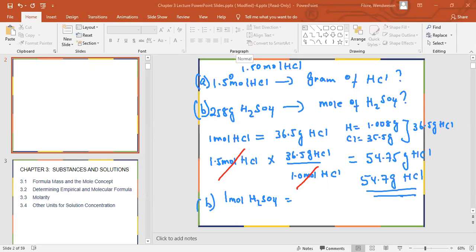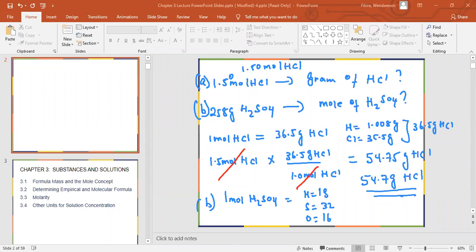We can do this together. Hydrogen has 1, right? You already have that. Sulfur has 31 or 32. Can anyone tell me? 32. 32, thank you very much. Sulfur has 32. I know oxygen has almost 16.